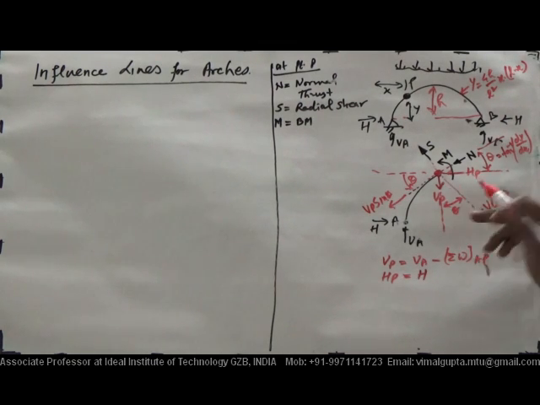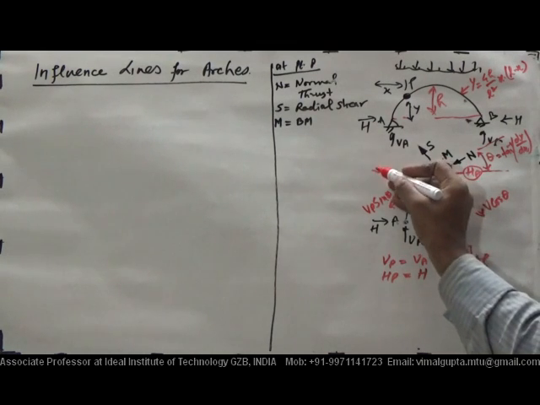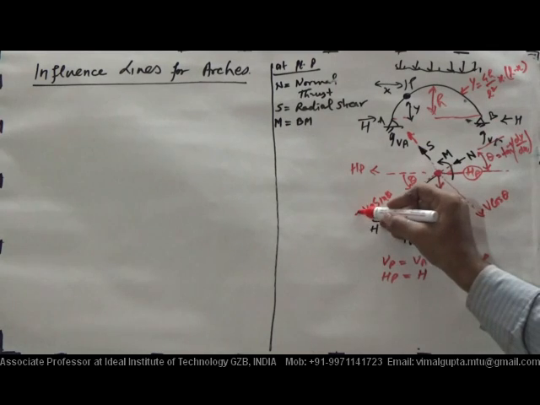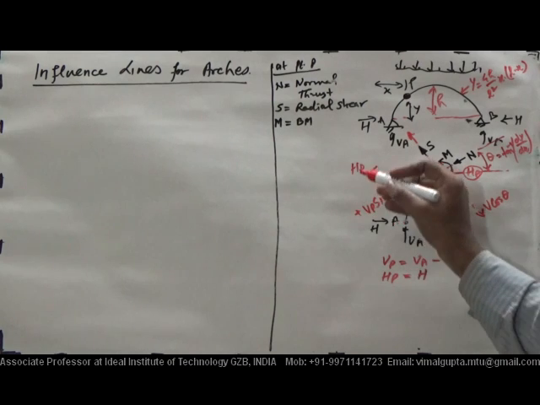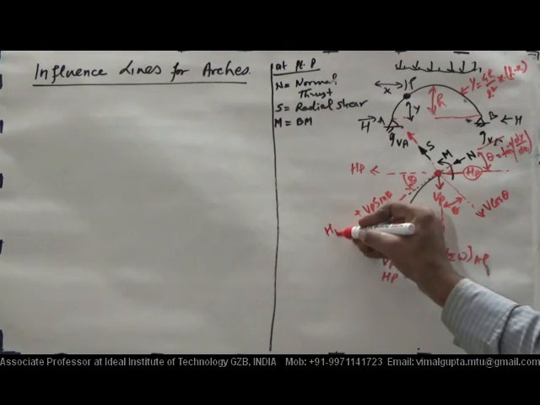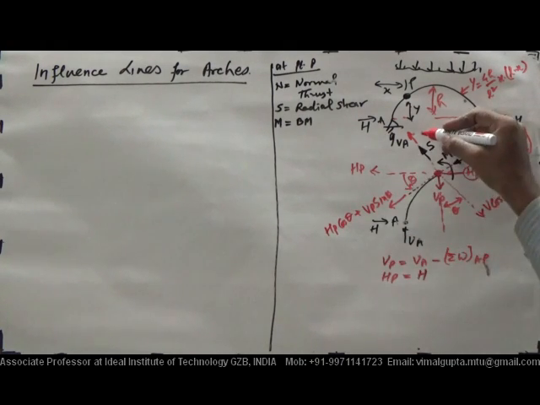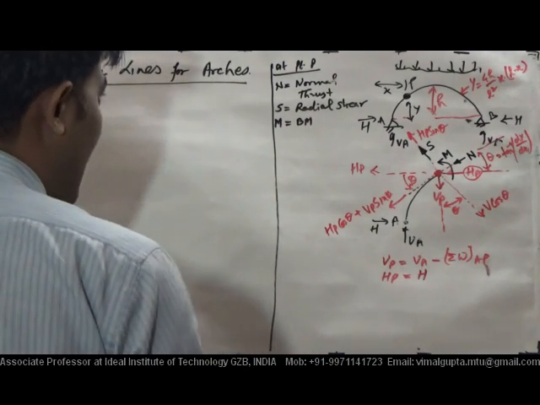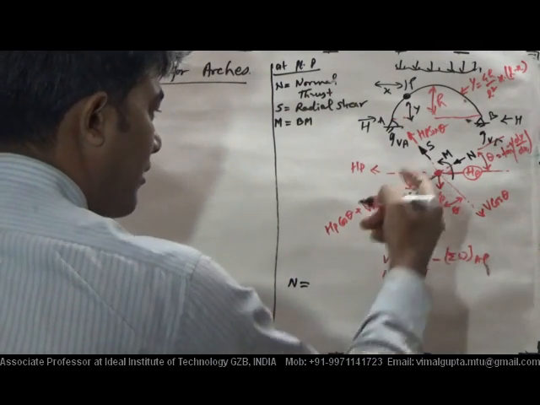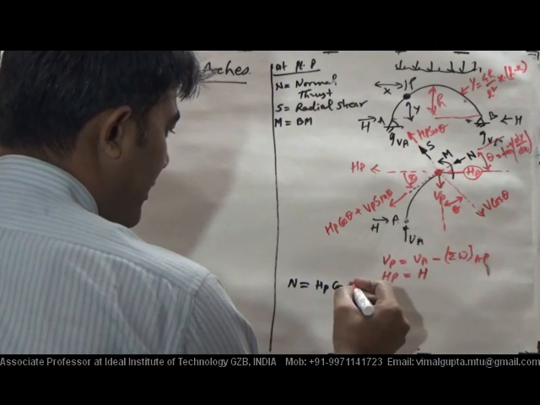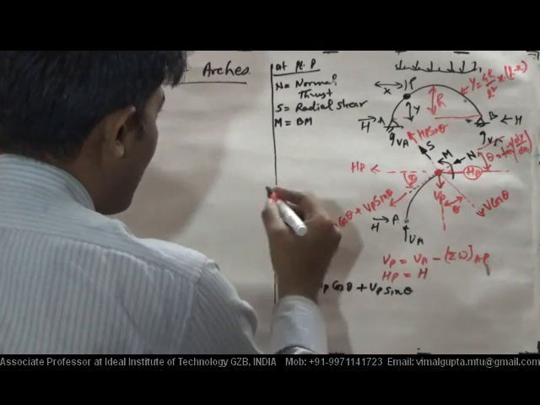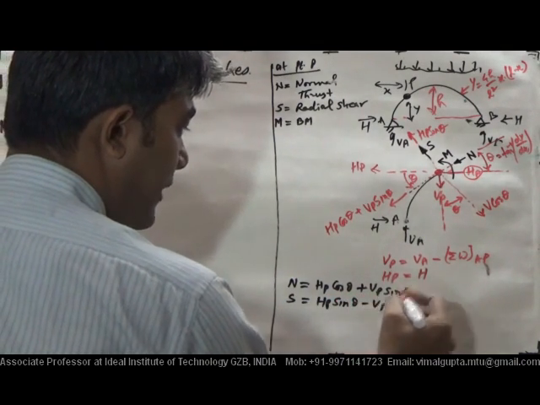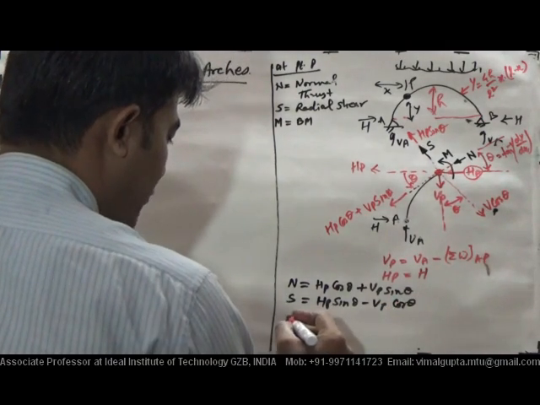Okay, and if you resolve this horizontal force HP, then it will be resolved in two parts, this component plus this component. So this component of HP will be HP cos theta, and that part will be HP sin theta. Therefore, normal thrust N can be written as HP cos theta plus VP sin theta, and the value of radial shear S can be written as HP sin theta minus VP cos theta,